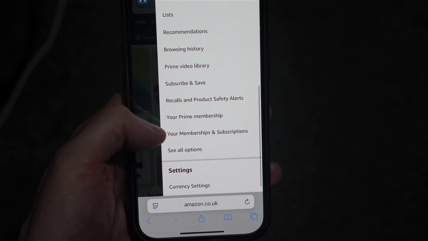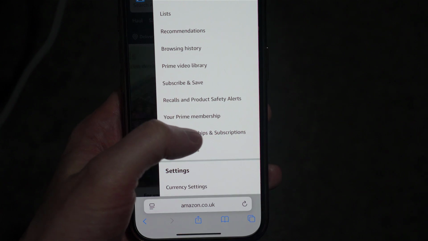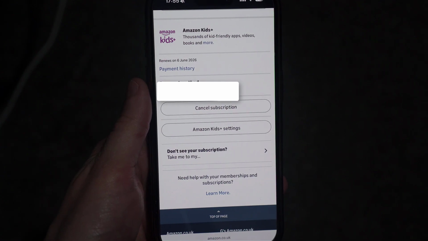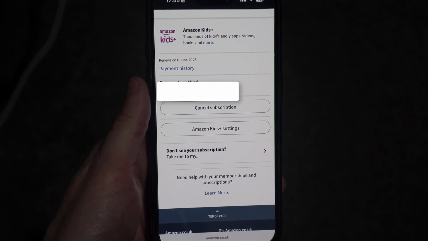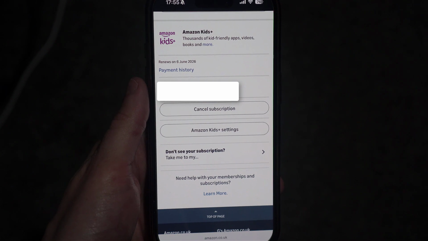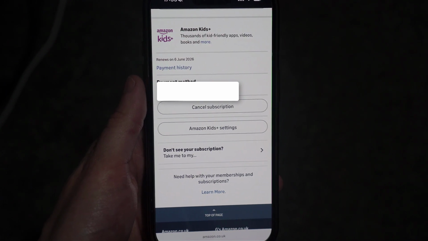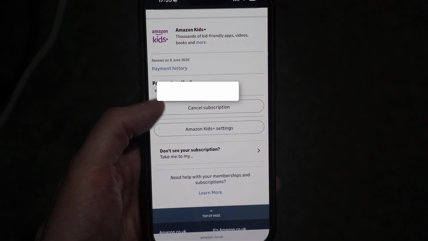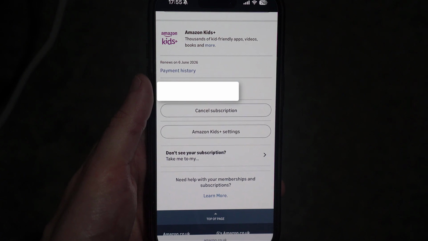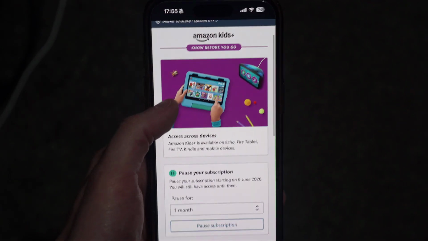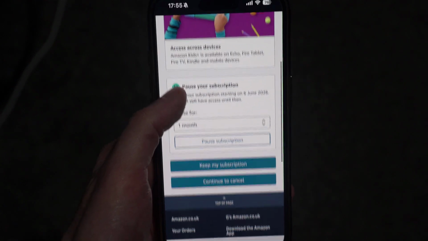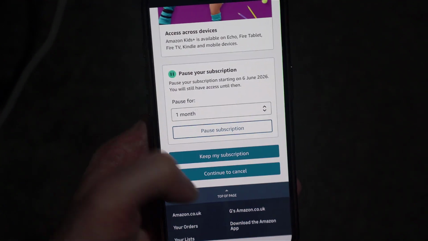Here it is, your membership and subscriptions. On this page, if you scroll down, you will see Amazon Kids as well as a cancel subscription button. So click on the cancel subscription button that is underneath Amazon Kids. It will then give the option to pause subscription, but go down to the bottom, click on continue to cancel,